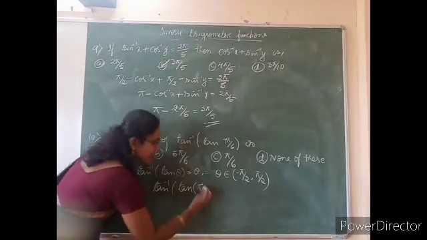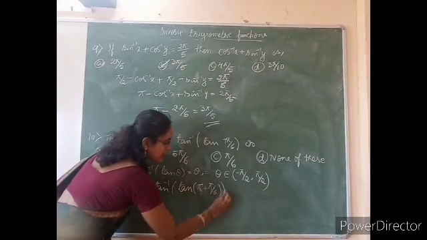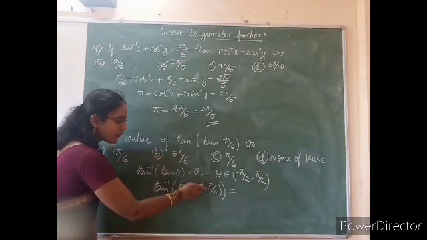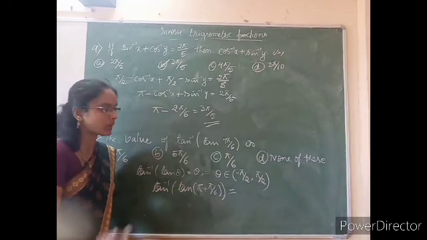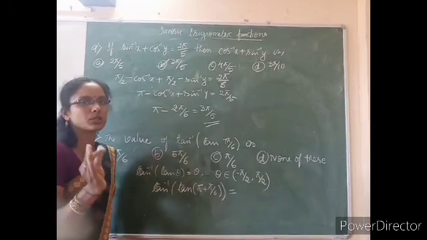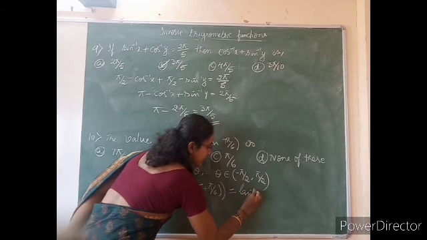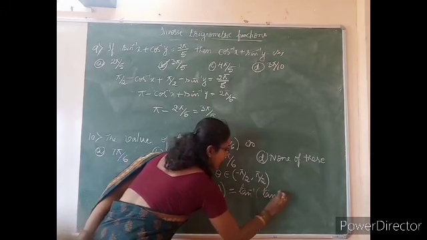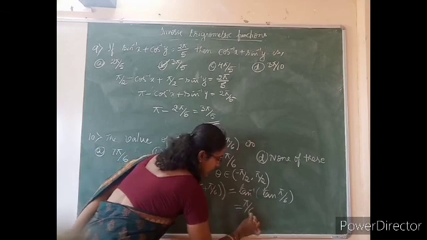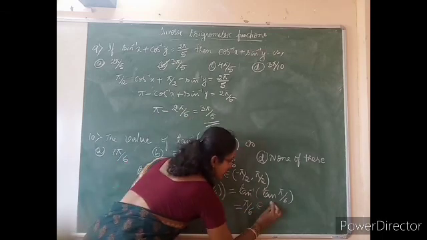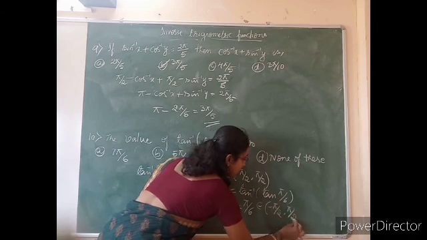Therefore, we write 7 pi by 6 as pi plus pi by 6 here. So, tan of 180 plus theta, or tan of pi plus theta, is equal to tan theta, because the tan function is positive in the third quadrant. So, because of that, this is tan inverse of tan pi by 6. So, now I can directly write the value as pi by 6, because this belongs to the principal value branch minus pi by 2 to plus pi by 2.